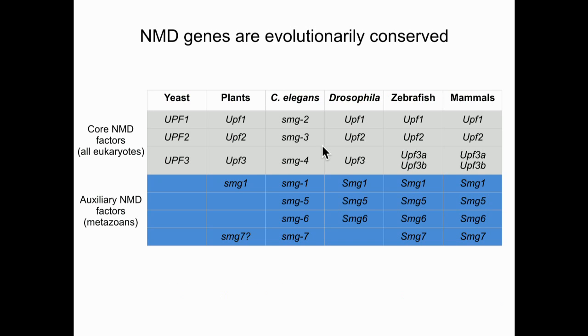So, from these original screens is essentially where we've got all our information about what the machinery required for NMD, and by cloning homologs, it's found out that NMD is even more ancient than yeast and animals, but goes all the way back to plants. So it's extremely ancient, and every organism contains what's called the core machinery of NMD, which is all eukaryotes contain the core machinery of NMD, which consists of UPF1, 2, and 3. And then, particularly in metazoans, though also in plants, there may be some auxiliary NMD factors called the SMGs, we call them, which regulate the core machinery.